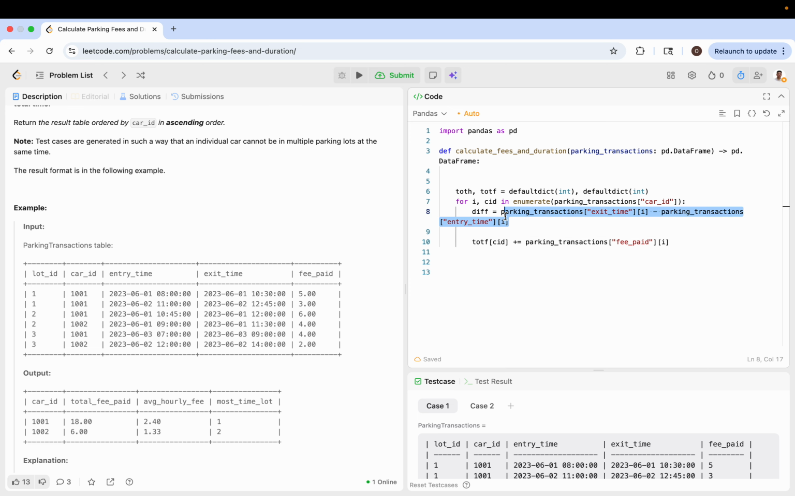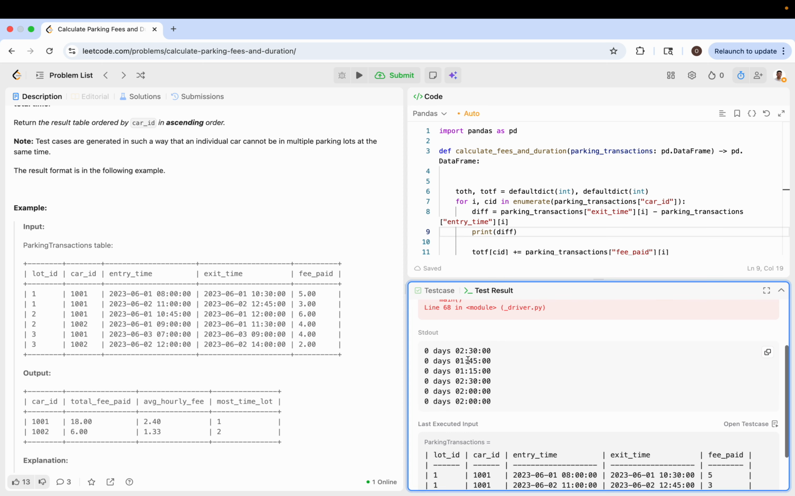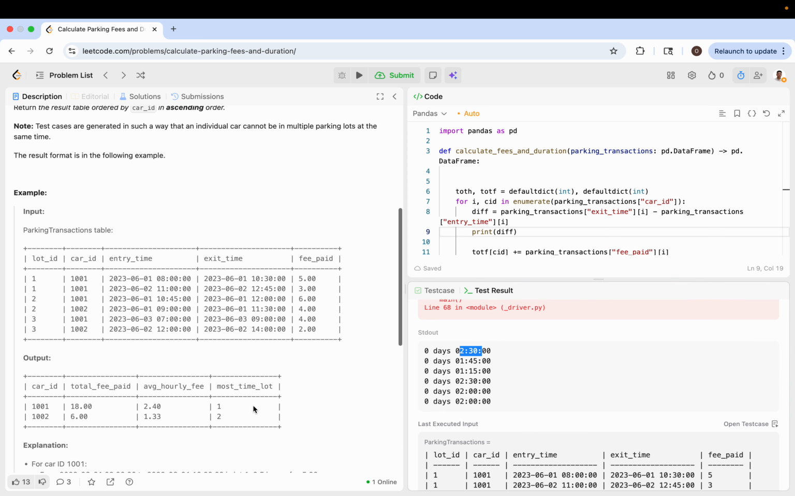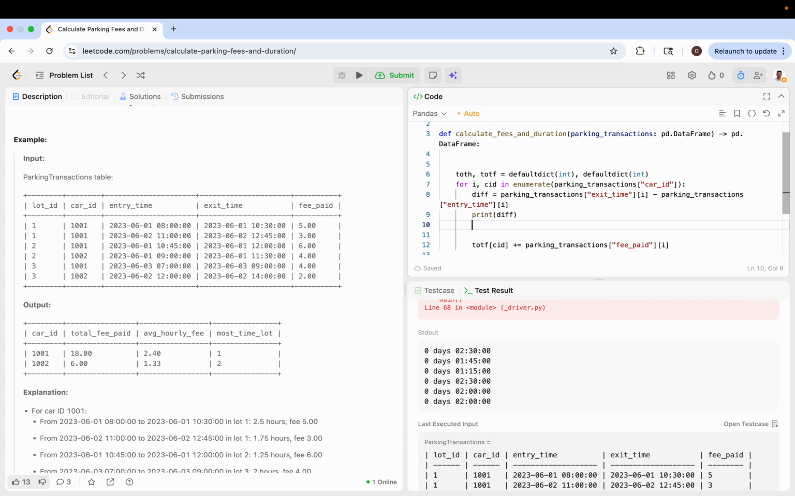So now if we print the diff, okay, you can see what we want is, let's say this is 30 because this is half an hour, so that's 0.5. This is three quarters of an hour, so that's 75. So basically,